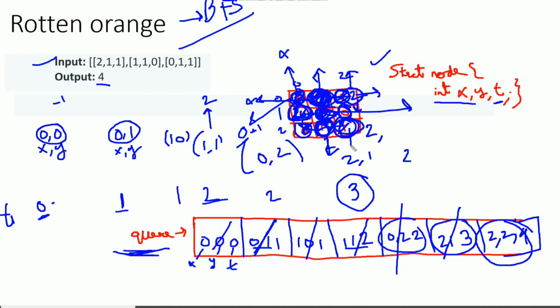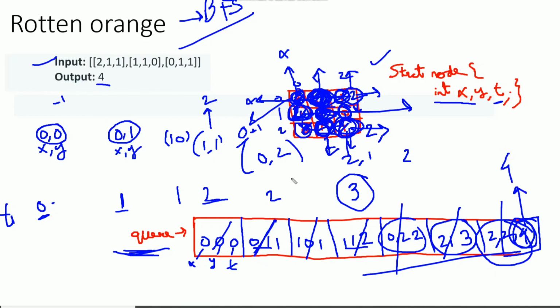If we traverse 2 comma 2, we find that we have already explored its adjacent cells, up, left, and down, and we can't explore right because it's crossing the boundary of the matrix. So we have explored this, and finally our queue becomes empty. The time taken for the conversion is nothing but 4.